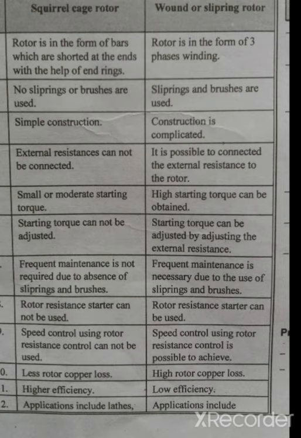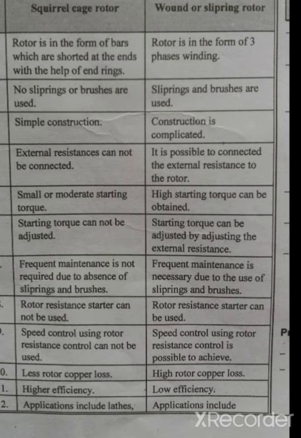These rotor conductors are permanently shorted in these end rings. Due to this, we are not able to add resistance at the starting. The rotor body is also made up of silicon steel stamping. This rotor looks like a cage, so the motor of this shape is called a squirrel cage induction motor.